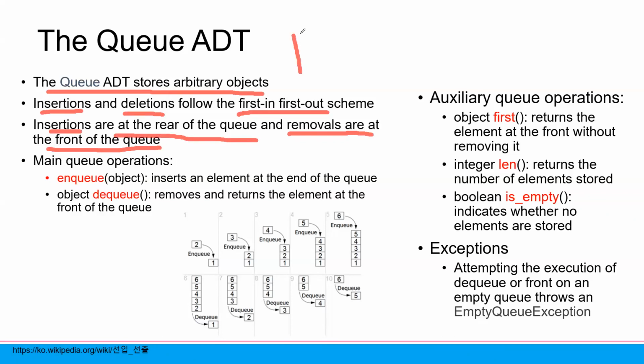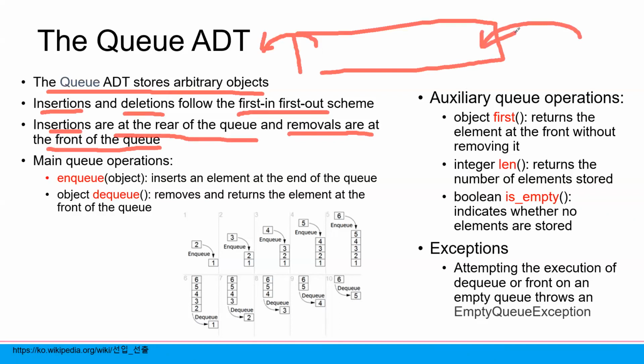So if I have something like this, removal will be at the front and insertion will be at the rear. So it's the same as when you are queuing in the supermarket, or in the hospital,